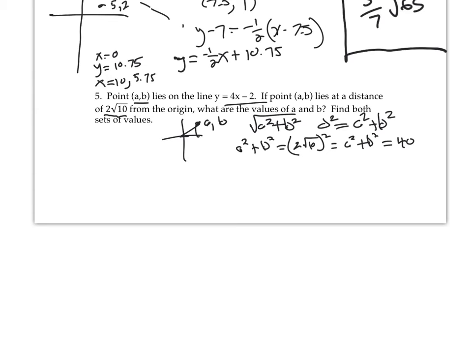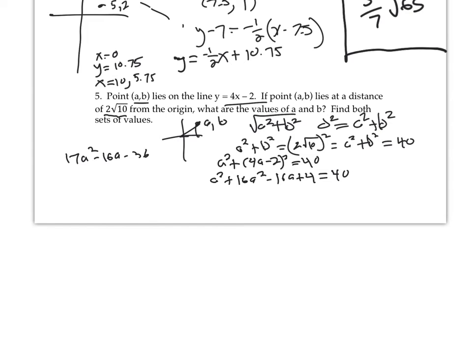We can replace B and rewrite this as A squared plus (4A minus 2) squared equals 40. When we expand this, we get A squared plus 16A squared minus 16A plus 4 equals 40. Now going back to our factoring, we're going to set it all equal to 0 and combine like terms, and that's going to give us 17A squared minus 16A